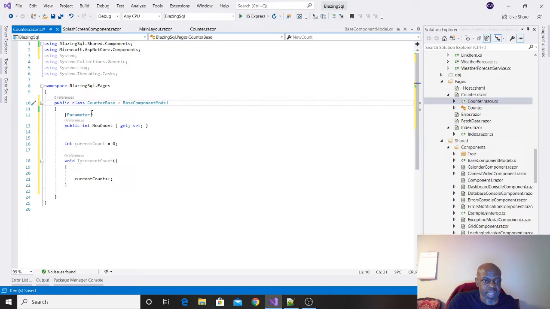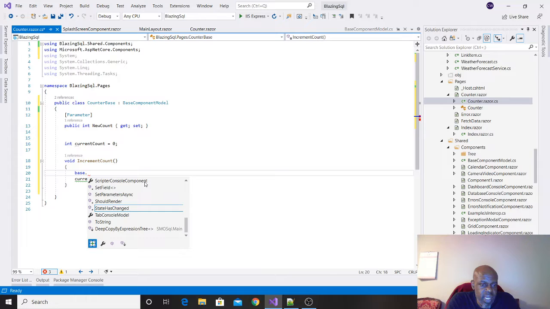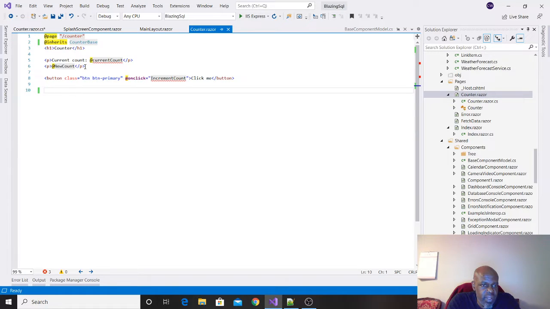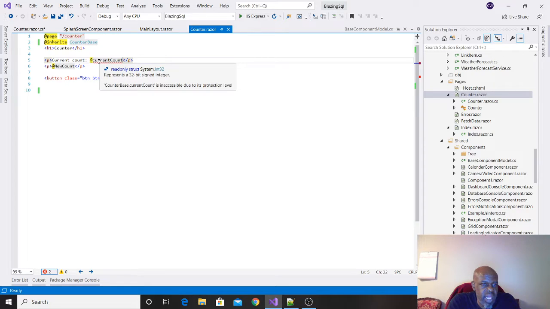In my opinion, I highly recommend that you go this route. I know it's an extra class that you have to worry about, an extra file, shall I say. But the benefit of it is that when you're within here, you have full IntelliSense access, which means that you can get all this IntelliSense access that you can't really get over here. Because if I started typing things in, I can only see what this class offers.